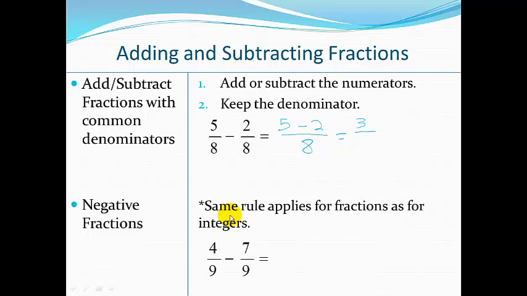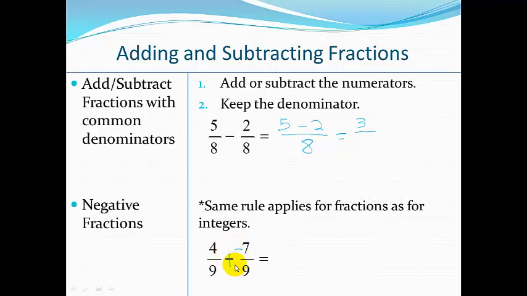So let's take a look at these two fractions. 4/9 minus 7/9. So the first thing you want to do is look at the denominator. And if they're the same, remember your main focus is going to be your numerators. But I'm subtracting, and so I'm going to go ahead and do my add a line, change the sign, or keep, change, whichever works for you. I think from now on we're going to try to use add a line, change the sign. So I'm going to add a line